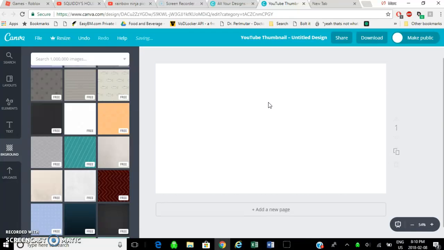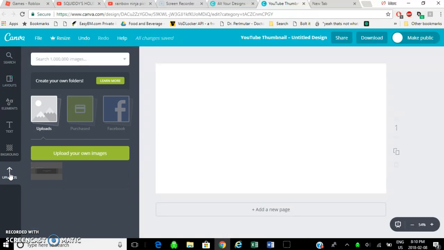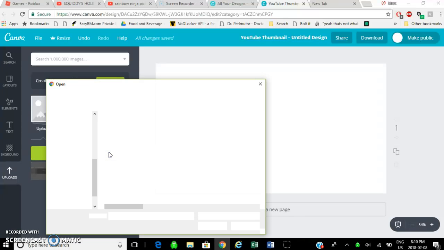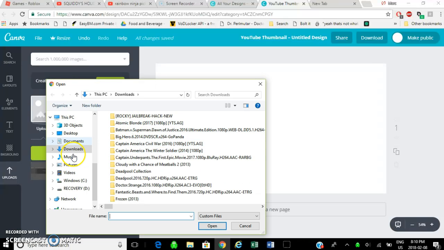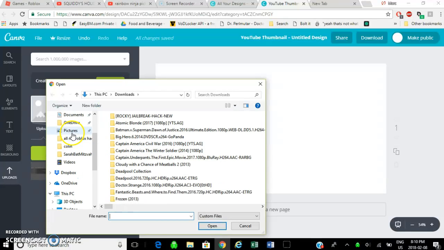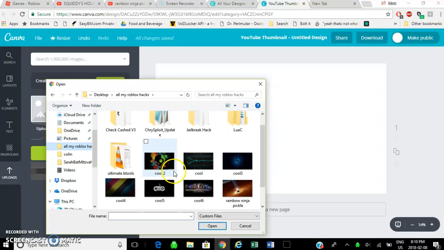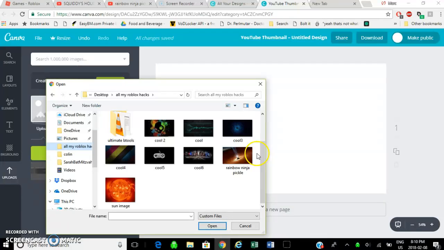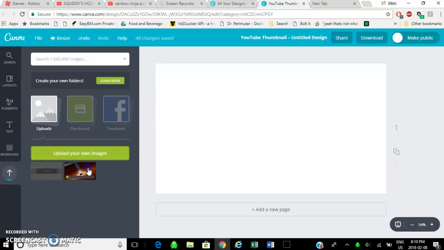Or if you want to use your own background, like an image for your own background, you can do uploads and upload your own image. Now I'm going to go down to my images on where my image is. Say you want an image like some of these. Say you want this image. It uploads, and voila, once it's fully uploaded,